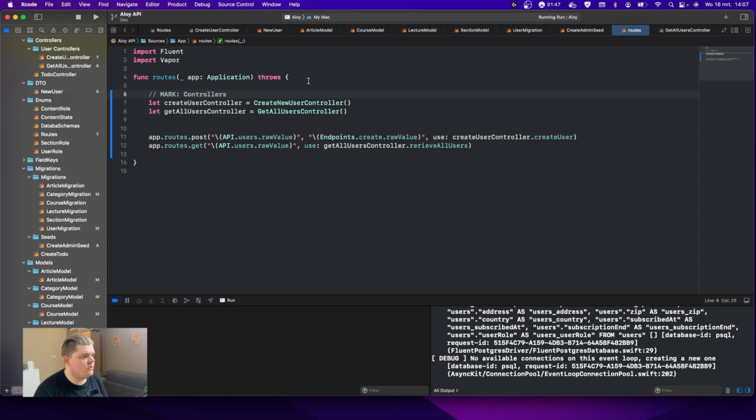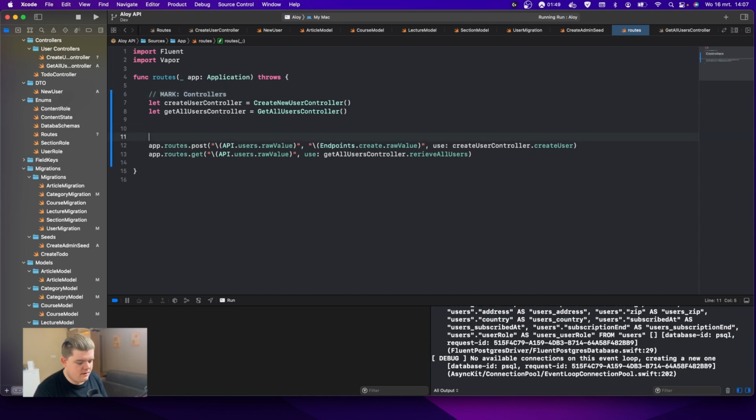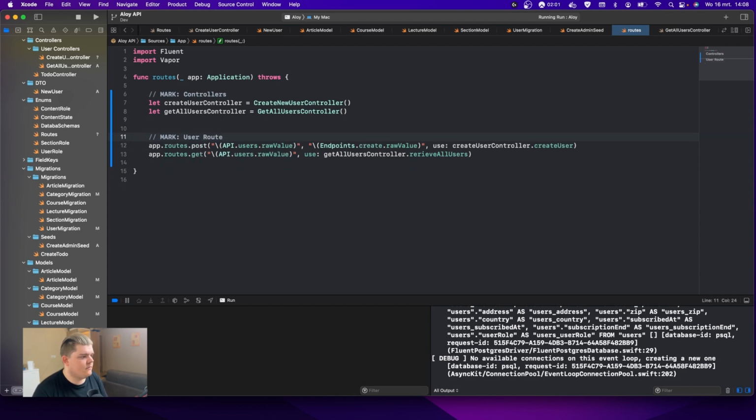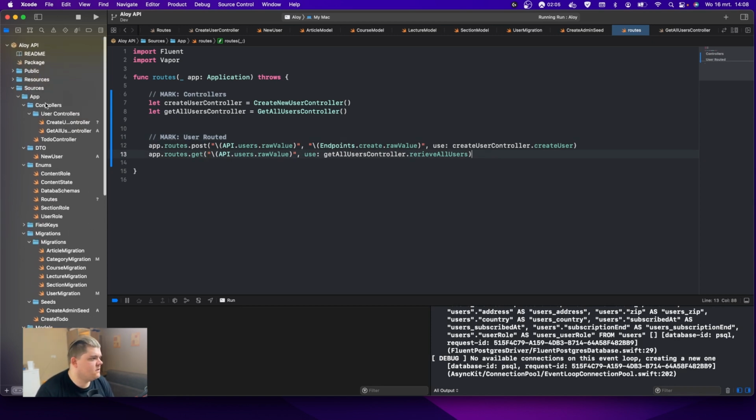So these are the controllers. And in here, I'm going to change this as well. These are going to be the user routes. User routes. Perfect. And okay, so let's go to